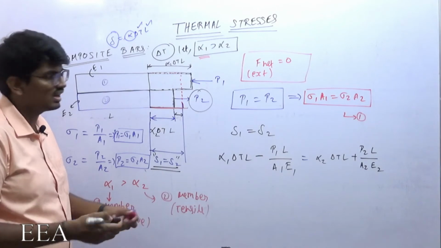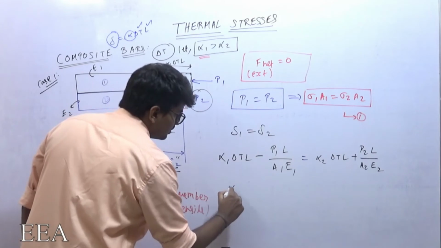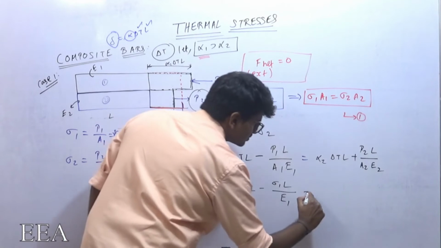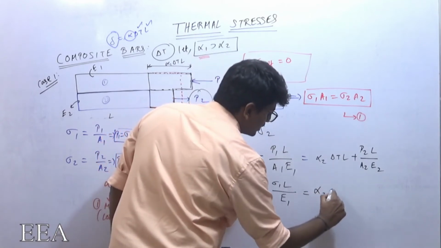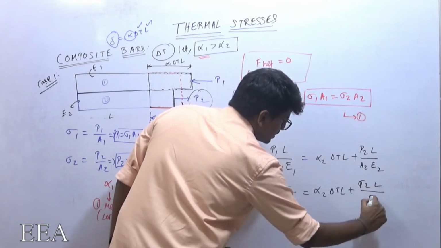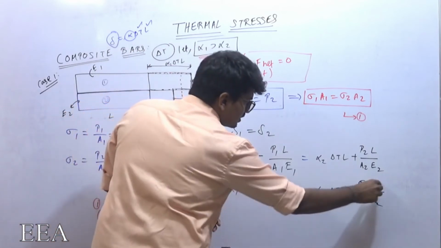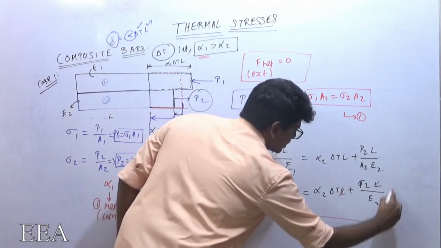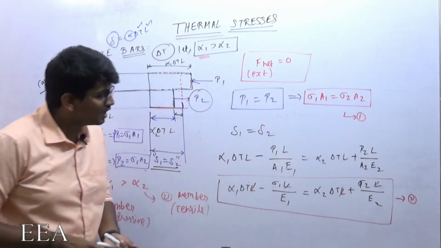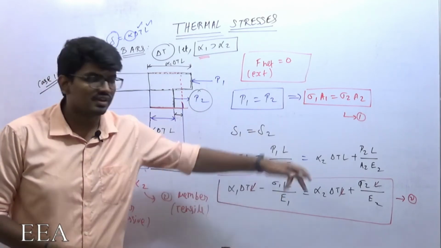We have two equations now, right? P1 by A1 is nothing but sigma 1, P2 by A2 is nothing but sigma 2. If you want, you can write it like that. So alpha 2 delta T L plus sigma 2 L by E2. And everywhere L is the same, so I can cancel all the L's. Now this is equation number 2. This is the first equation, this is the second equation. Now if you know all other data, I can find sigma 1 and